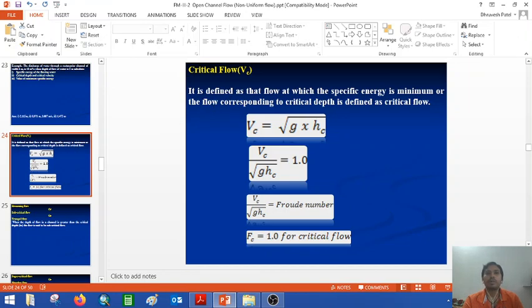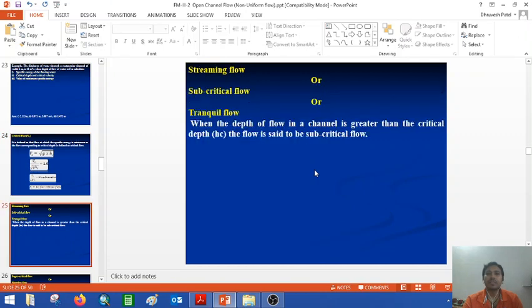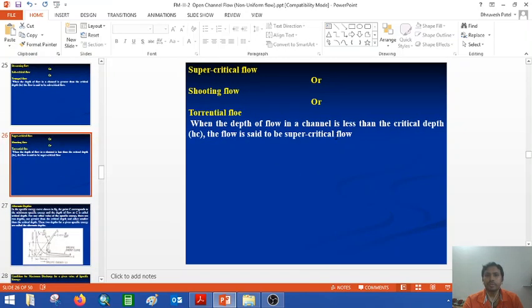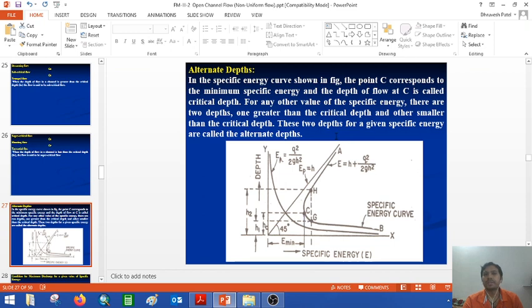So let me move forward. It is defined as the flow at which the specific energy is minimum. The velocity corresponding to that point will define, and most important, this equation we already derived earlier, we call that the Froude equation, and now it is very easy for us to understand. Vc by under root of g into hc will be equal to 1, greater than 1, or less than 1. So depending on greater than, less than, and equal to 1, we are defining the flow as either subcritical, supercritical, or critical.